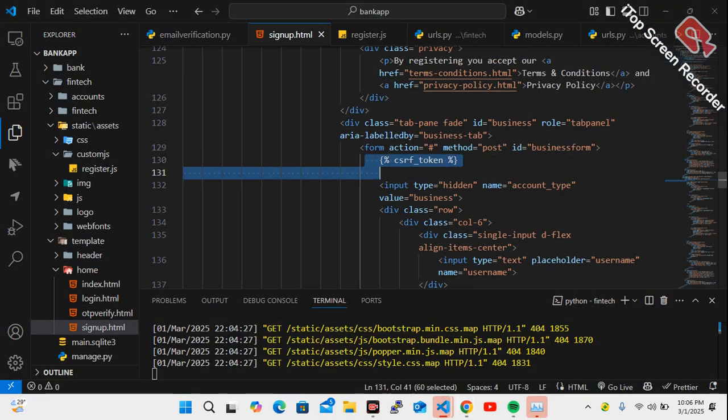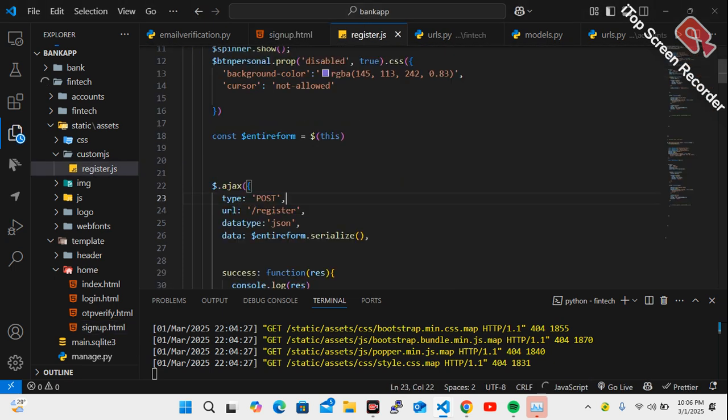Now how do we get this and add this in our Ajax? How do we do it? So it's actually very simple. What we are going to do is very simple, which I'm going to show you guys how to fix it. I will fix it together, right? So what we are going to do here is if we come to our registration here,